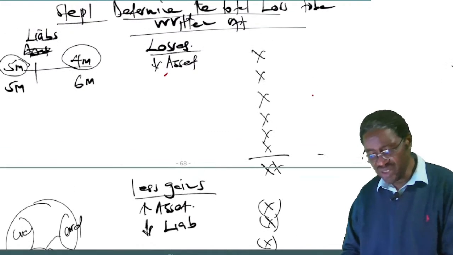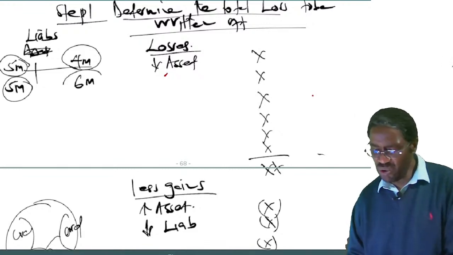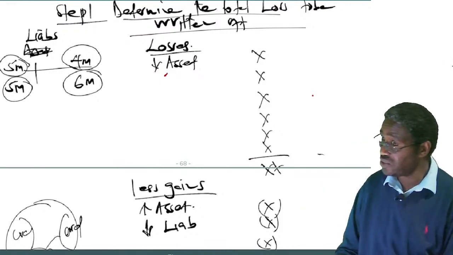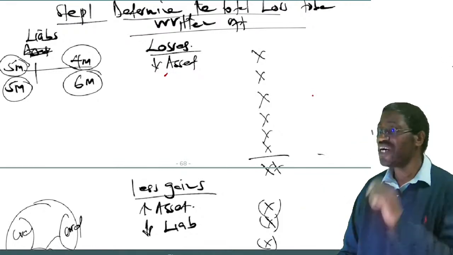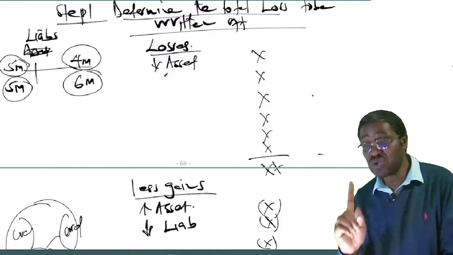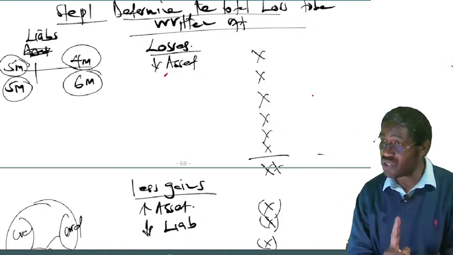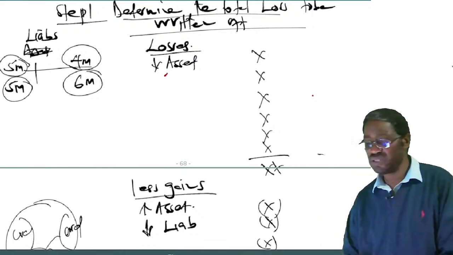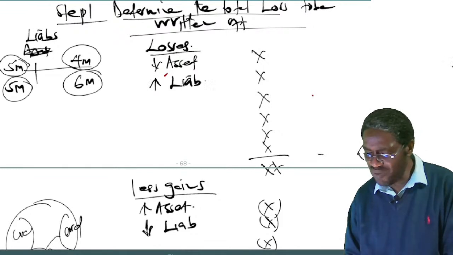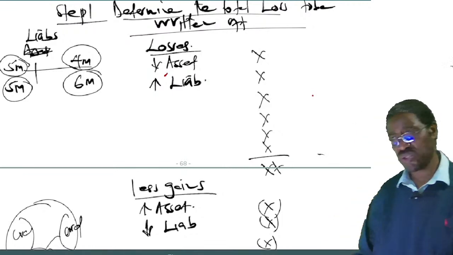Another liability was worth 5 million before reconstruction, but now it will go back into the books of the company after reconstruction at 6 million. That automatically means as a company, we are gaining. No, we are losing. Sorry, this is a liability. We are losing. It was worth 5 million before reconstruction. Now it's worth 6 million. That means as a company, we are losing. So any increase in value of a liability makes you suffer a loss.